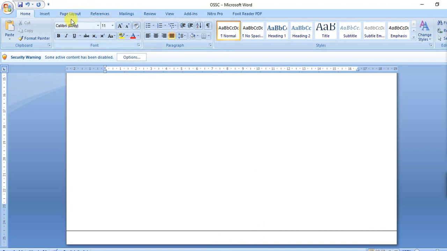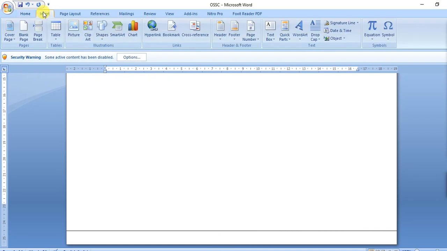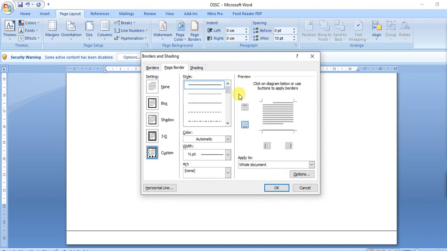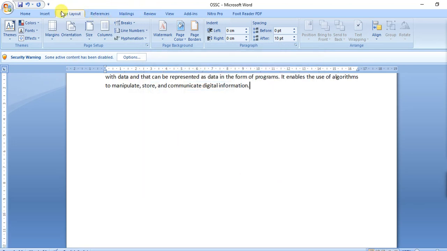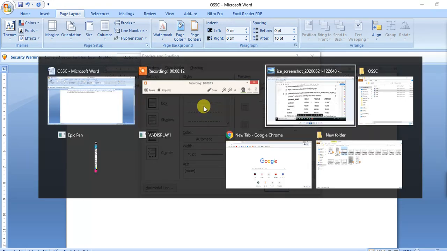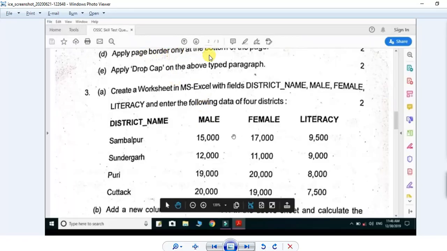Suppose we go to the page layout, then you have to select page border. Here, firstly I am showing you again: home, then page layout, page border. What was the question? Apply page border only at the bottom of the page.